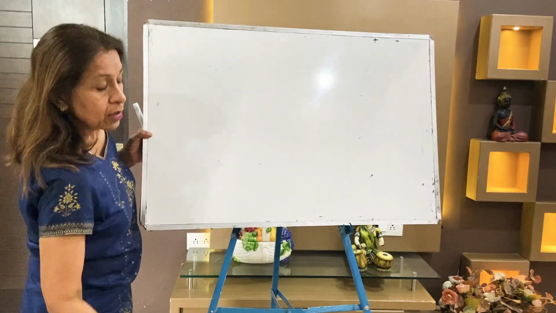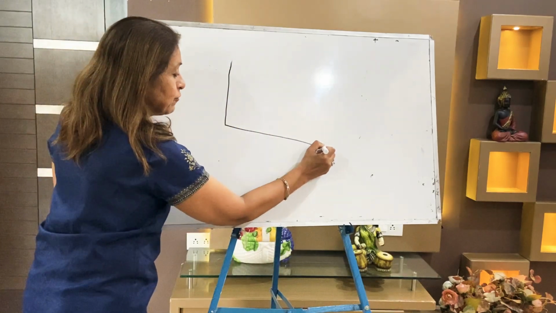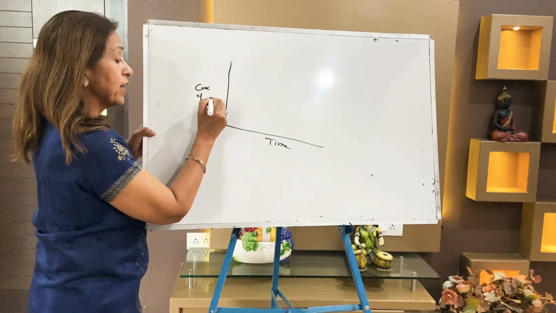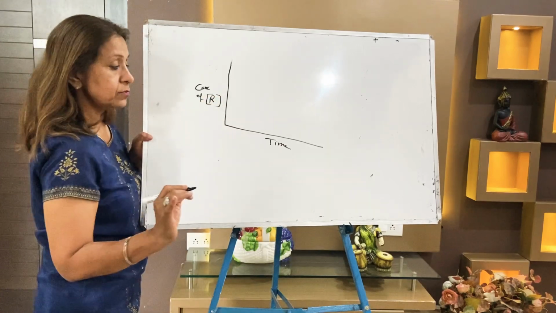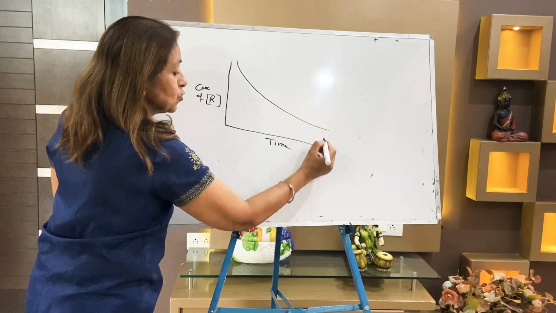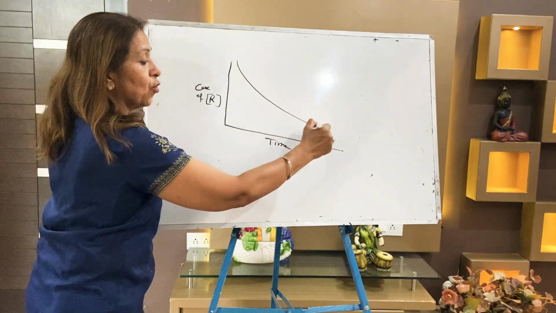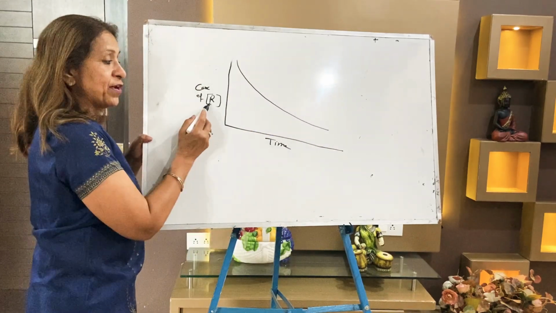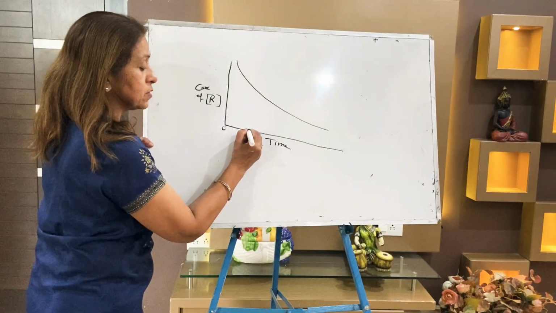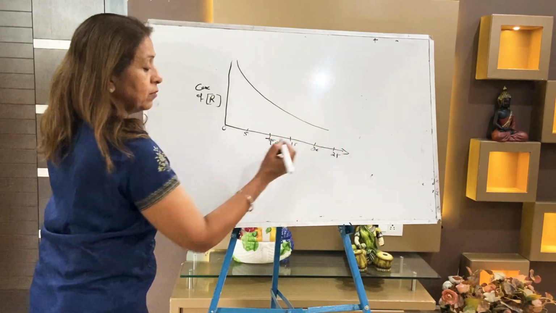So now I am taking how to calculate instantaneous rate. Make a graph, a general graph. If you plot a graph between concentration versus time, this is the concentration of reactant, write down, reactant, not product. You know, with time, reactant concentration decreases. So you will get a graph like this. When time increases, concentration decreases, of reactant, not of product. Now let this be your scale: 0 minutes, 5 minutes, 10 minutes, 15 minutes, 20 minutes, 25 minutes, and so on.